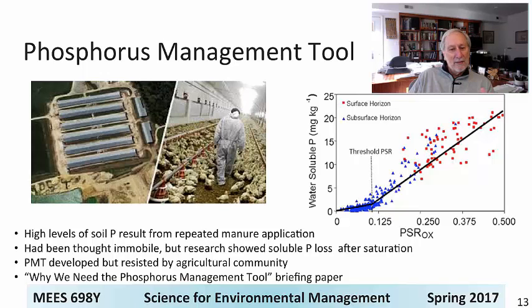And so this is a wonderful example. If I alone, or with some other environmental scientists, produced this, it would have been dismissed out of hand. But this simple 3 or 4 page document had power because it had an environmental scientist and 2 ag scientists basically with a consensus statement on why we need the phosphorus management tool. A good case where an epistemic community, if you will, of scientists across their traditional boundaries of advocacy and interest had power.